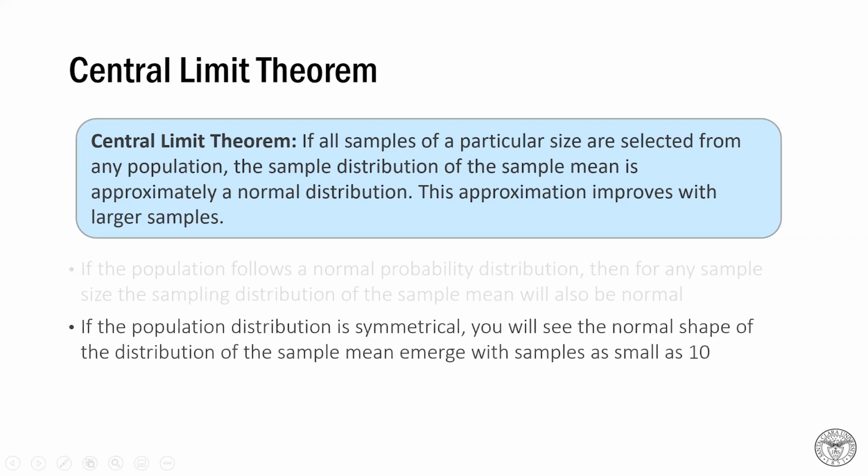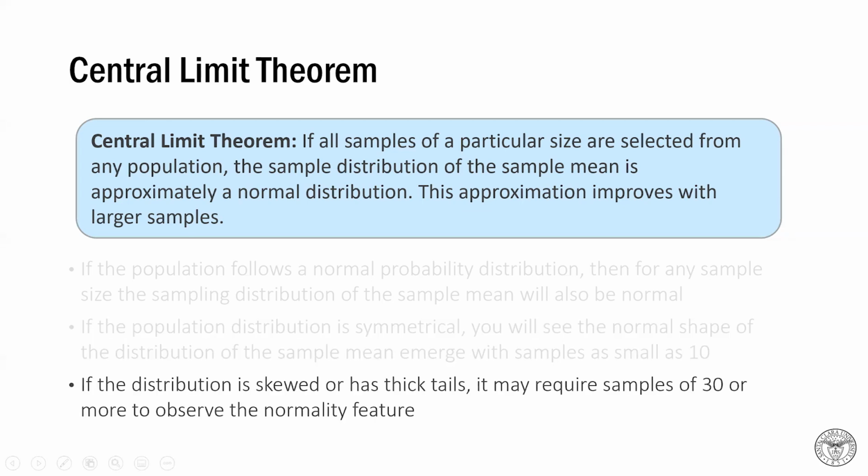If the population distribution is symmetrical, the distribution of the sample mean will look like a normal shape with samples as small as 10. For non-symmetric distributions, a sample of 30 or more will show the normality feature of the distribution of the sample mean. Therefore, if we do not know the distribution type of the population, it is safer to use a sample size